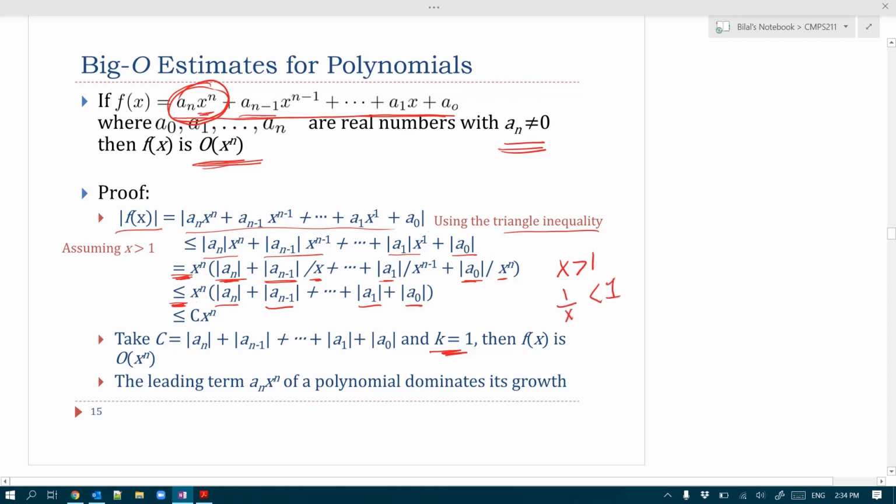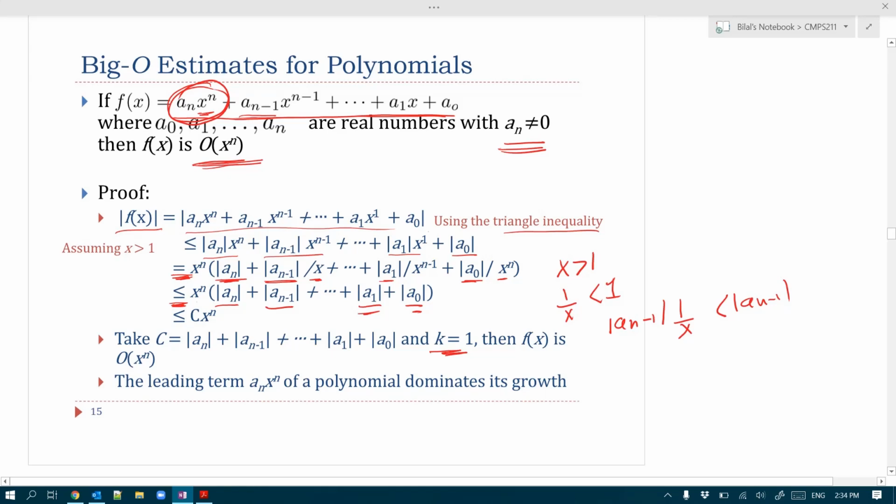So this means that a_(n-1) times 1 over x is less than a_(n-1). And we can do the same for all the other coefficients a_i. So this is why we can replace those a_i's multiplied by a certain power of 1 over x